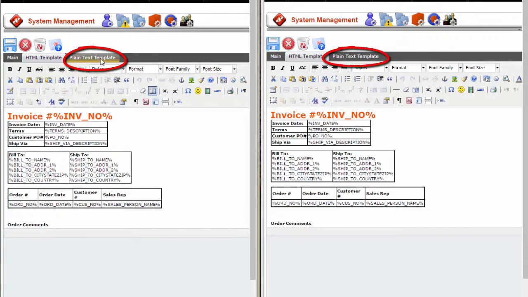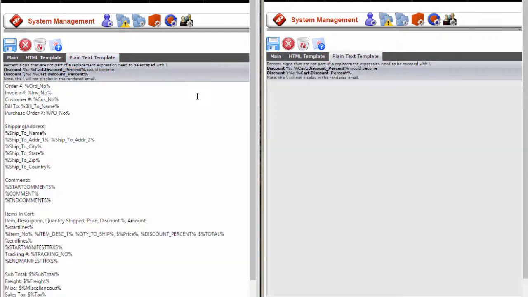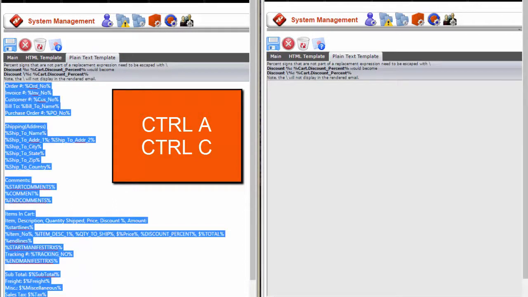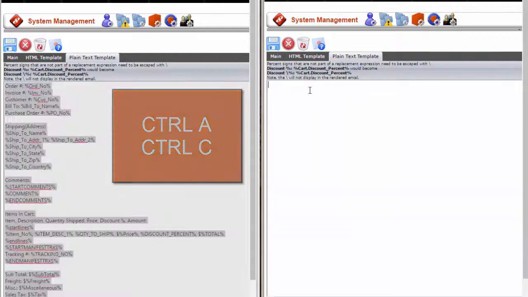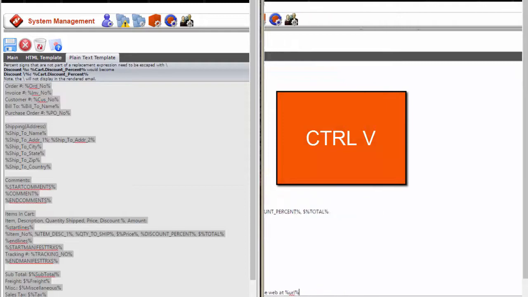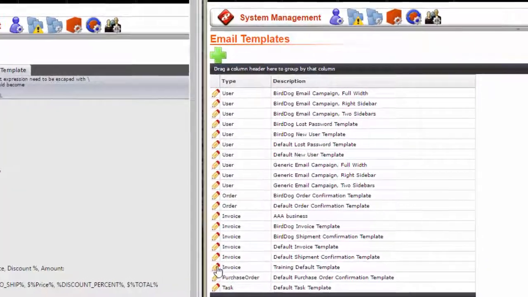The next tab at the top is Plain Text Email. So I open both of those. In the left I put my cursor, I say Control A, Control C, and I put my cursor in the right side and I say Control V. I press Save at the top of the page. I want to come back over here